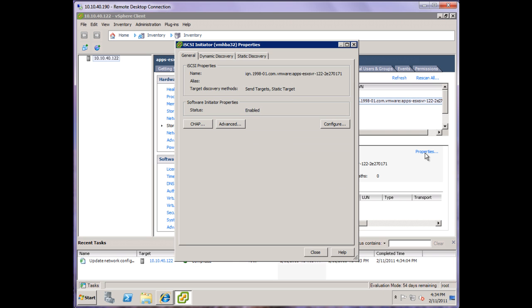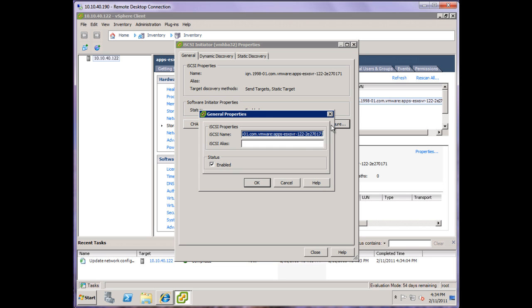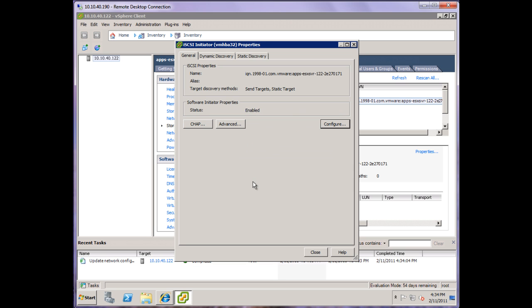I'll click properties. Now you'll notice here that our status is enabled. If you've never used iSCSI before, that will say disabled. And if it does, before you can configure an iSCSI connection, you've got to go into configure here and click the enable button. And when you do that, it'll come back up here, say enabled, and then you're able to